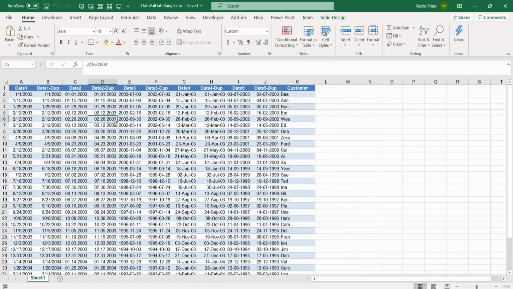Here I have specified various formats of the date. Here you can see I have specified month, date, year using slash, and in date2 I have specified month dot date dot year, and date3 year hyphen month hyphen date, and date4 date hyphen month of 3 characters and year of 2 characters, that means the last 2 digits, and finally date hyphen month hyphen year. So in this case, how we are going to manage the data in data table?